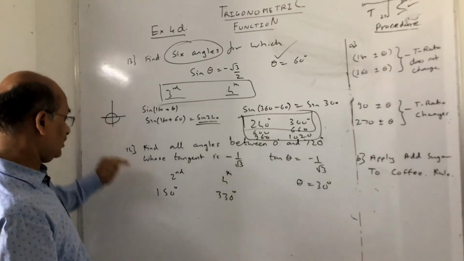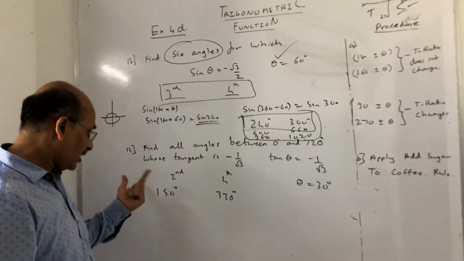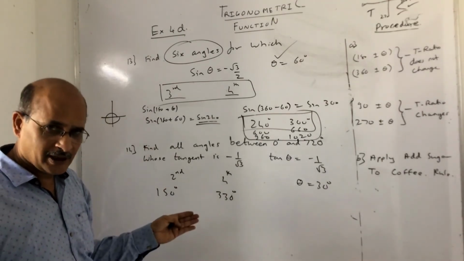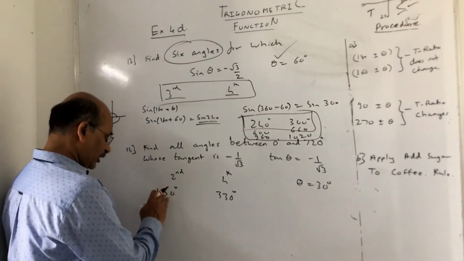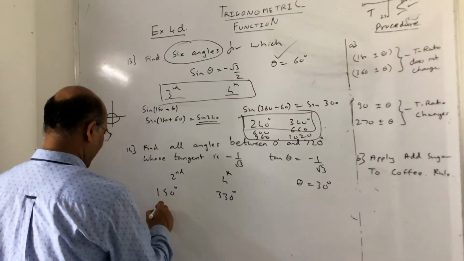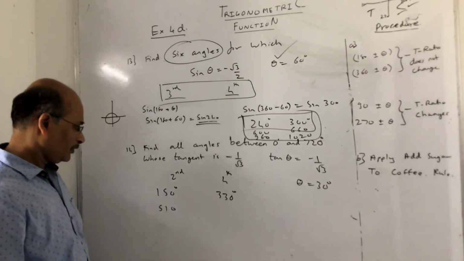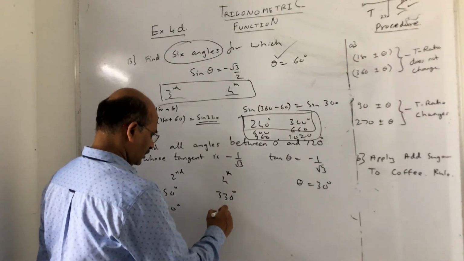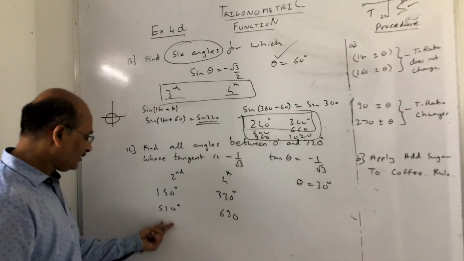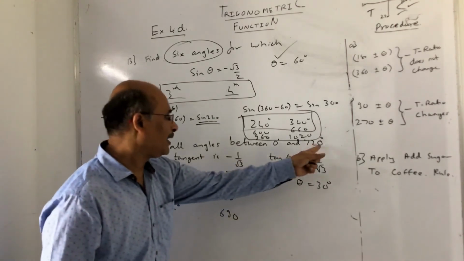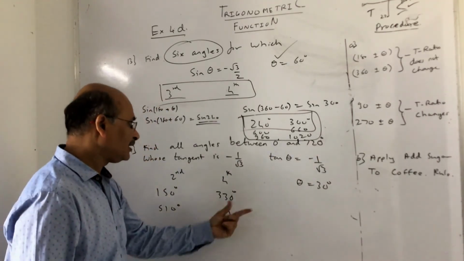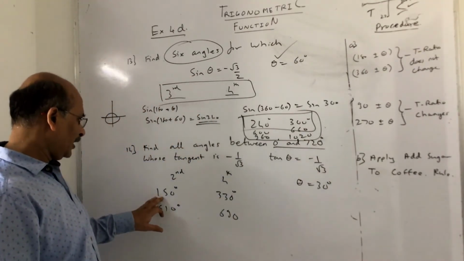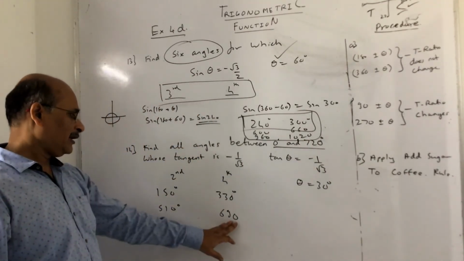Agree? So how do I get the further equivalent angles? By adding 360. I'll explain this in the first lecture also. So add 360: 360 plus 150 is 510. Then 360 plus 330 is 690. Now if I add 360 again, it will exceed 720, so I don't have to add any more, because they are asking only for angles between 0 and 720 degrees. So the angles are 150 degrees, 330 degrees, 510 degrees, 690 degrees.